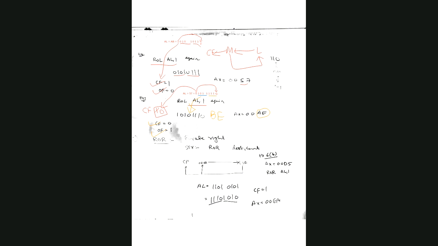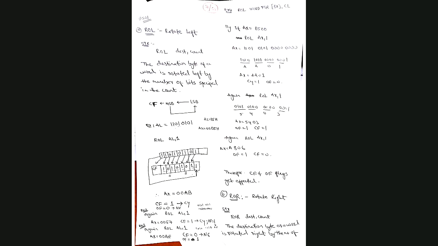Now same thing, I think I have solved this in another sheet also. Let me show here. Look here, I just summarize. Initially, again from the beginning, I am showing you that initially AL is this value. 1101 is D, and 0101 is 5, and first time I am executing this rotate instruction. So when you do it the first time, this MSB will go and sit into the carry flag.